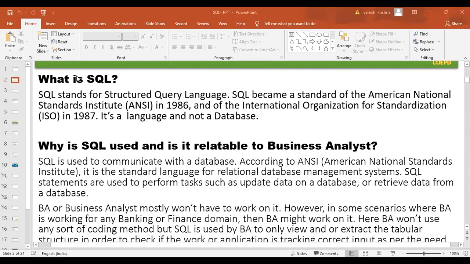True. The reason it says this is that it's a language to retrieve information from the database. SQL is not a database. SQL is only a tool with which you get access to the database. Clear? Yeah. Thank you.